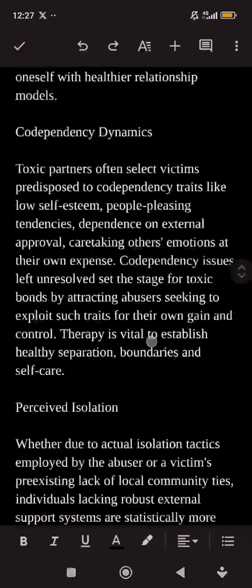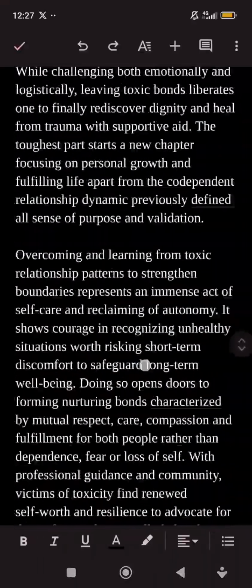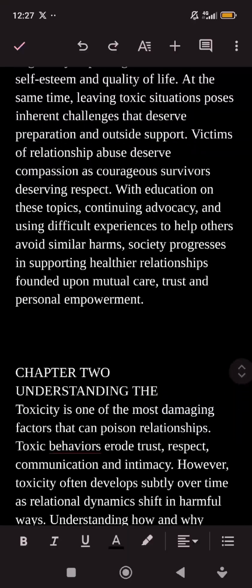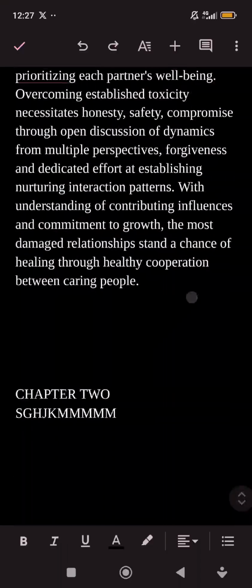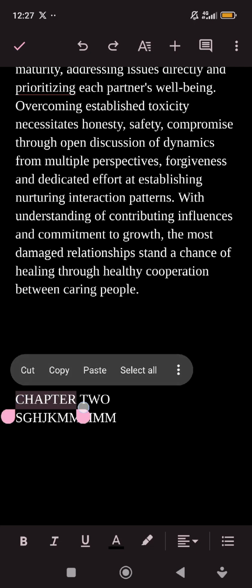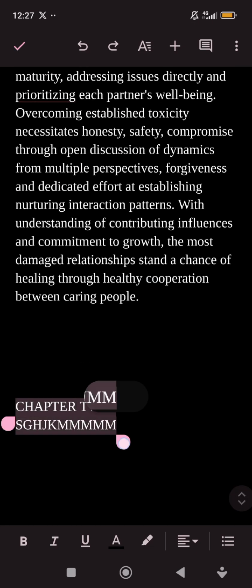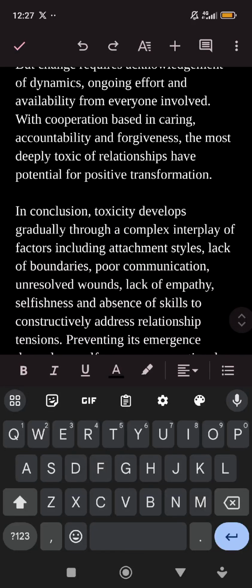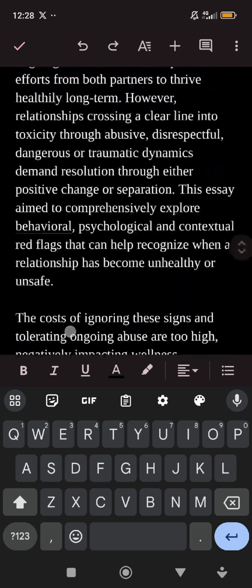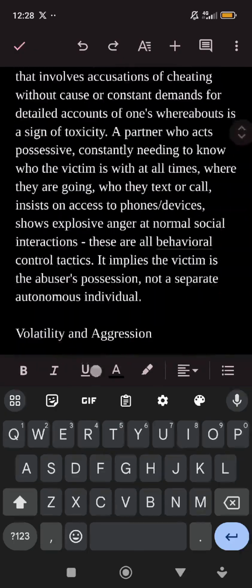Let me go back. Where's chapter 2? I'm trying to find chapter 2. Okay, this is chapter 2. Now, this one, just remove this. So it continues like that. Follow this principle to wherever the book ends, chapter 10, chapter whatever. So now what next do I do? I'm trying to be very fast now.